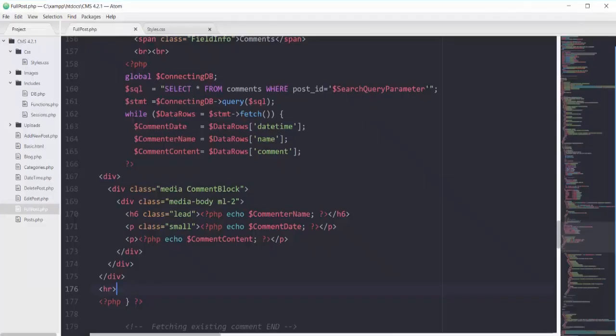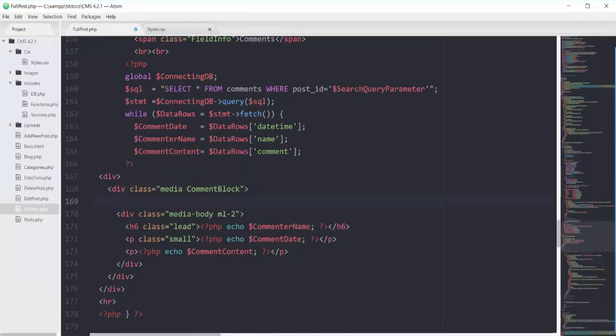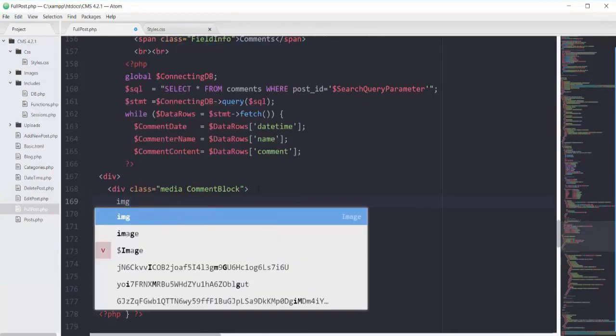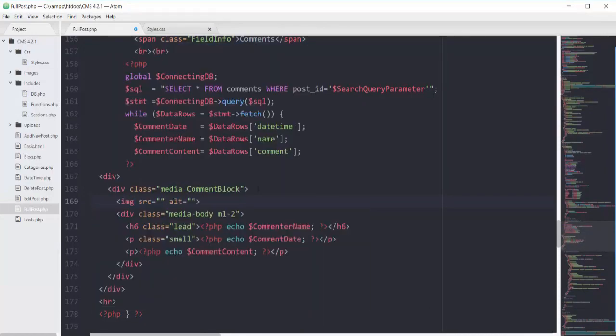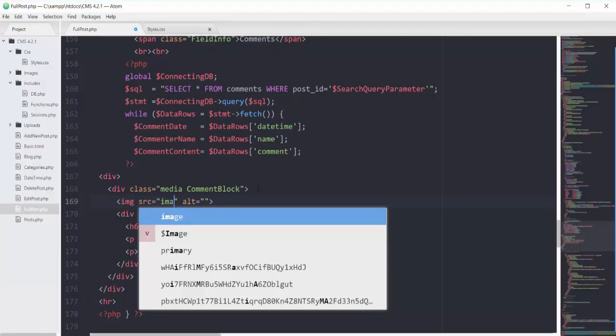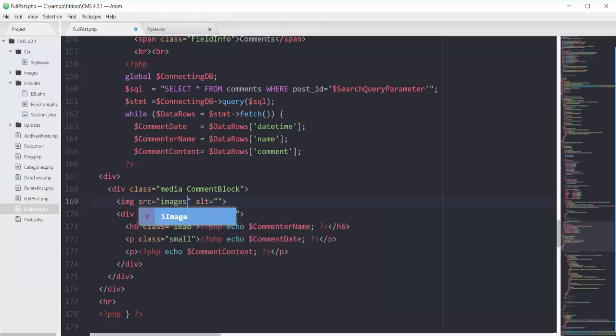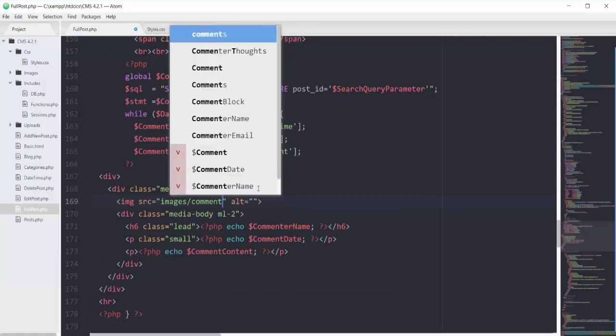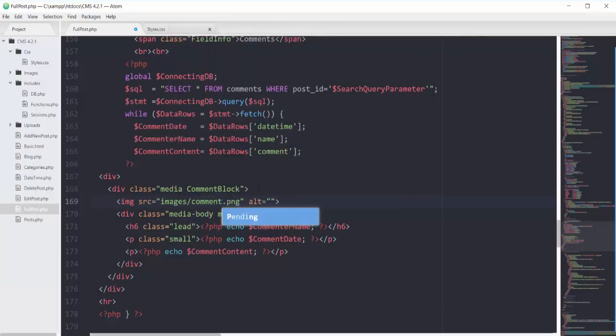So inside my div of media, right before the body, I will add this image tag, in which my image is inside my images folder, and its name is comment.png.